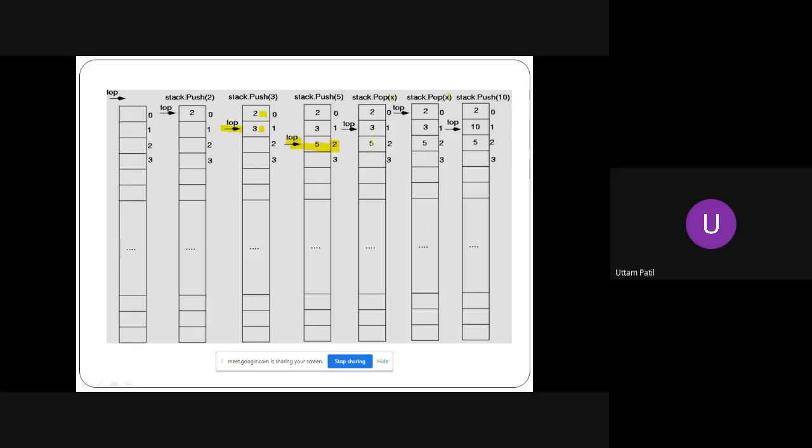Next, after returning 5, I should decrement the top, because this 5 is returned. Now my current top, after returning 5, is 3. Okay. 5 is removed. Now what remains on the stack is 3 and 2. So I decrement top and it points over here, and in the stack I will have only these two things. Okay. Next, I pop another time. Now on my stack, I have 3. I just come down over here. I return 3 and then top is decremented. It was 1, it becomes 0. Now on the stack, I have only 2.